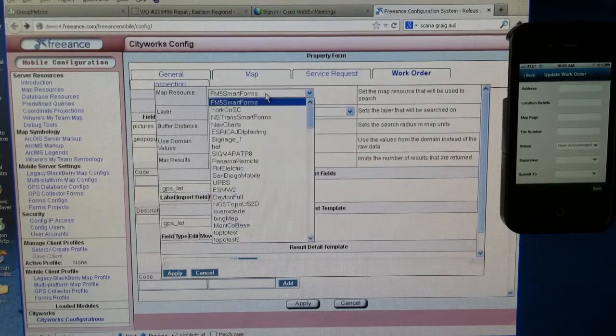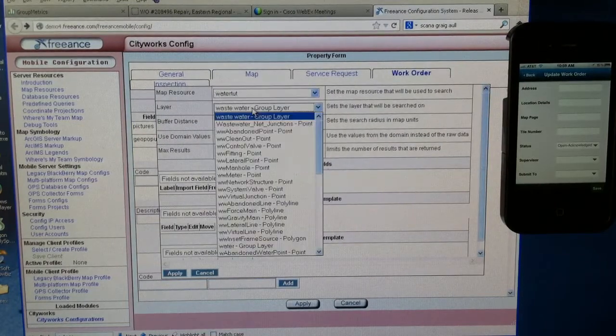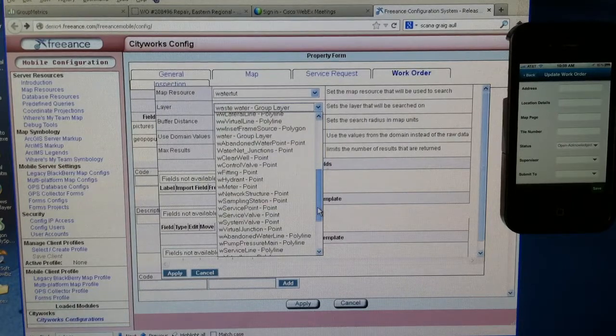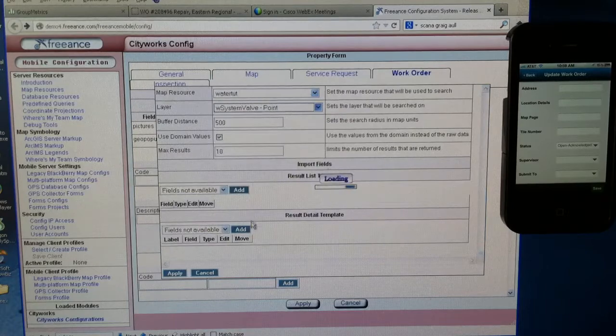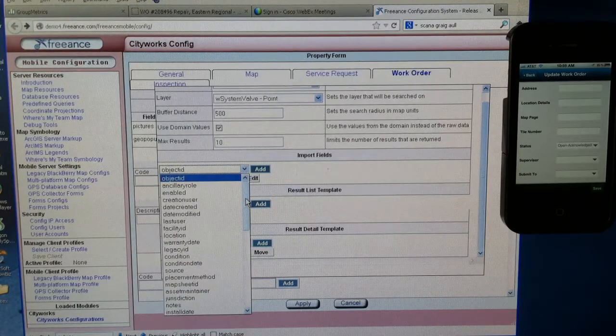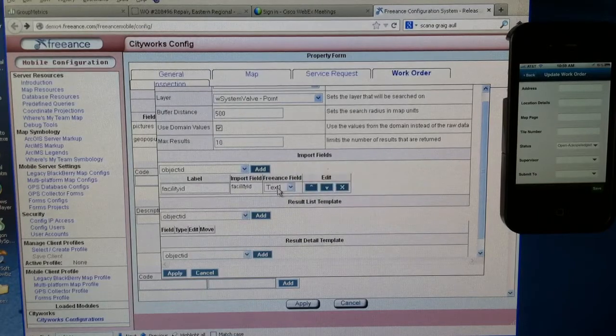So we're going to come in here in the map resources, the one we made, the one we're working on, water tutorial. The layer is going to come from the water layer for, let's say, control valve, the closest control valve or service valve. Okay, and I want to grab from the service valve, I want to populate the facility ID, and I'm going to put that in custom field text